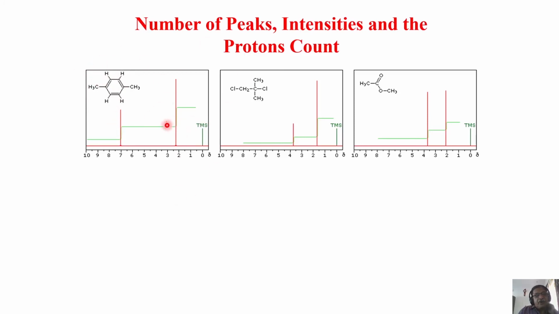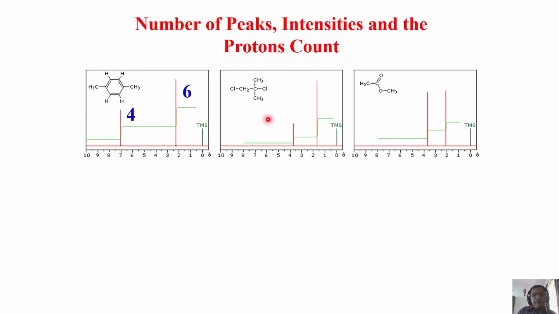Supposing I don't know which proton comes where, can I say which is CH3 and which is aromatic ring protons? Easily, you can say that. Because the 2 CH3s are equivalent, this should have intensity 6 compared to these 4 protons, which have intensity 4. The intensity ratio must be 2:3. In which case, you can say this corresponds to ring protons and this corresponds to CH3 protons. This is another way of assignment. Looking at the intensity, you can also do that. So 4:6. This is the ring proton, these are CH3 protons. You understand? So 2:3 intensity.